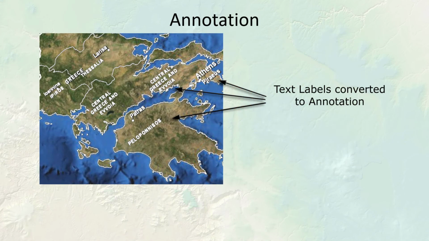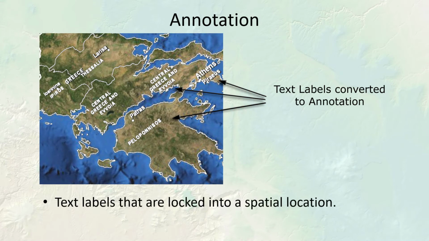Okay, next up, annotation. This is closely related to labels. On any feature class, you can set up labels and label your counties or whatever your sites are. So the labels are kind of dynamic in ArcMap. If you change the scale, then the labels will move themselves around to arrange themselves appropriately. Annotation is